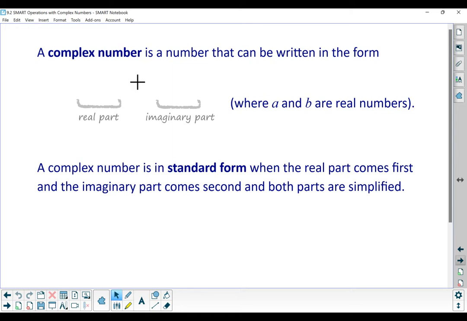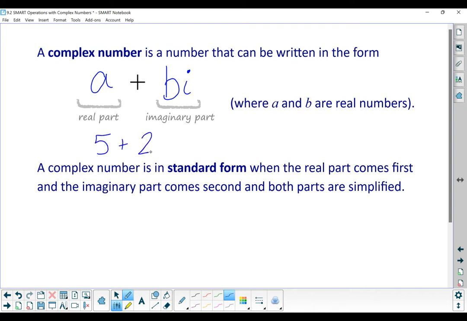So a complex number is a number that can be written in the form of a plus bi, where a and b are real numbers. So the a is called the real part of the complex number, and bi is the imaginary part of the complex number. So we had some numbers like this coming up in our equations that we were solving last class. So something like 5 plus 2i is a complex number, where 5 is the real part and